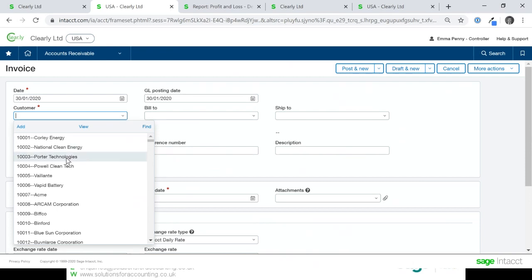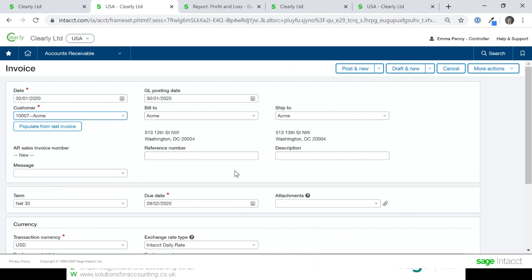Very similar sort of screen as before. Let's do it to Acme. Headline information you can fill in. You can say some things are mandatory, some things are optional, and you can use those smart events, again, customize them yourselves to say, for a particular scenario, we need certain information.